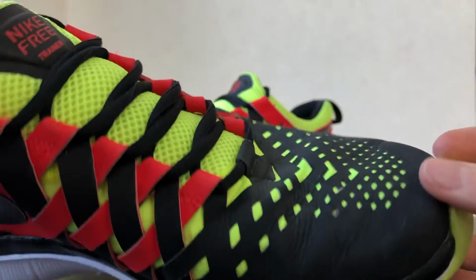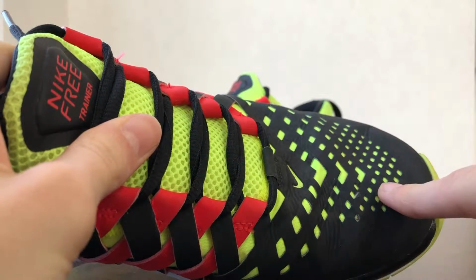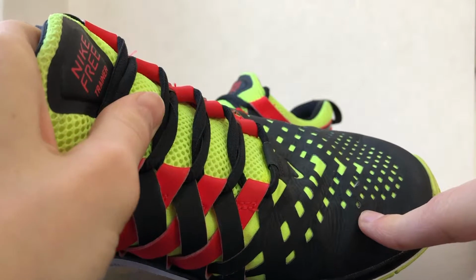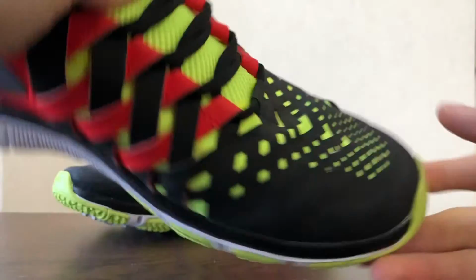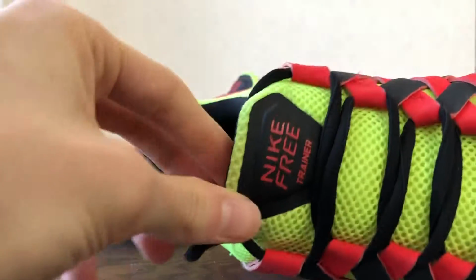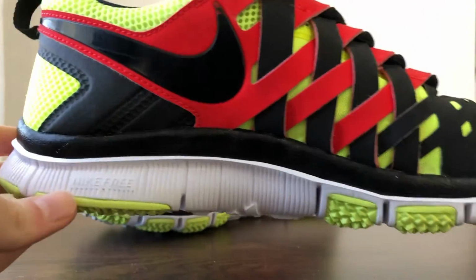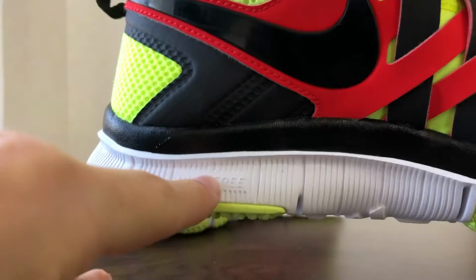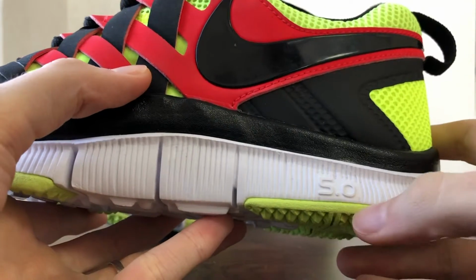And going around, the toe box has this very strange dot diamond pattern going on, except for where your big toe would be. There are these arrows running along here, and a small Nike swoosh as well. On the toe box right here, you can see the Nike Free logo. Earlier I showed you this right here, which is just the Nike Free Trainer logo as well. On the side down here, you've got the Nike Free logo. This is the inside of the shoe, and then on the outside, you've got the 5.0 indication,